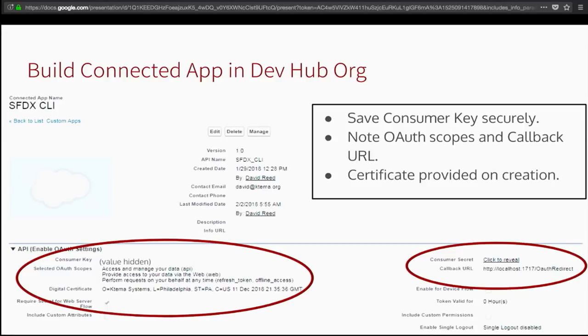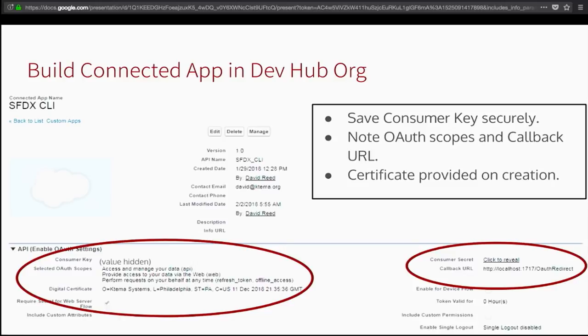So we'll go and build a connected app here. We're going to put in a few OAuth scopes that will allow that CI provider to get in and make the changes that it needs. And most of all, we're going to upload the server certificate that we just created. That's the Salesforce side of the pieces that we have that are involved in this JWT two-factor authentication type solution.